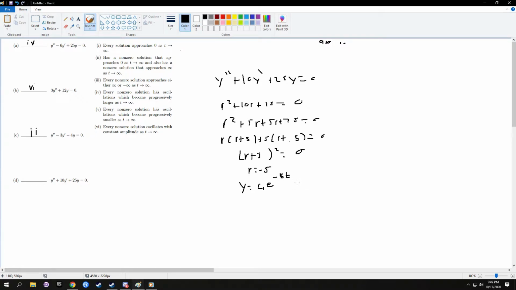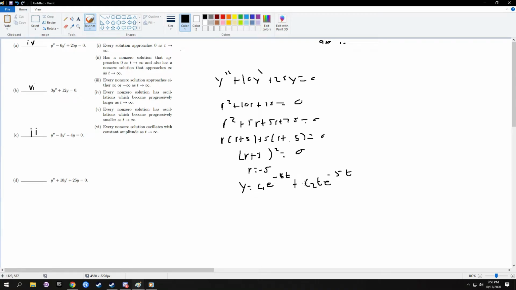But I can't have the same thing. I can't have a c2 e to the negative 5t, because that just doesn't make sense. The equation, it's like, why do I have two of the same thing? So the simple solution is just multiply by t. And if you actually did a proof of this, it will always be a factor of t. So something like this, which now you can see, if I plug in infinity here,